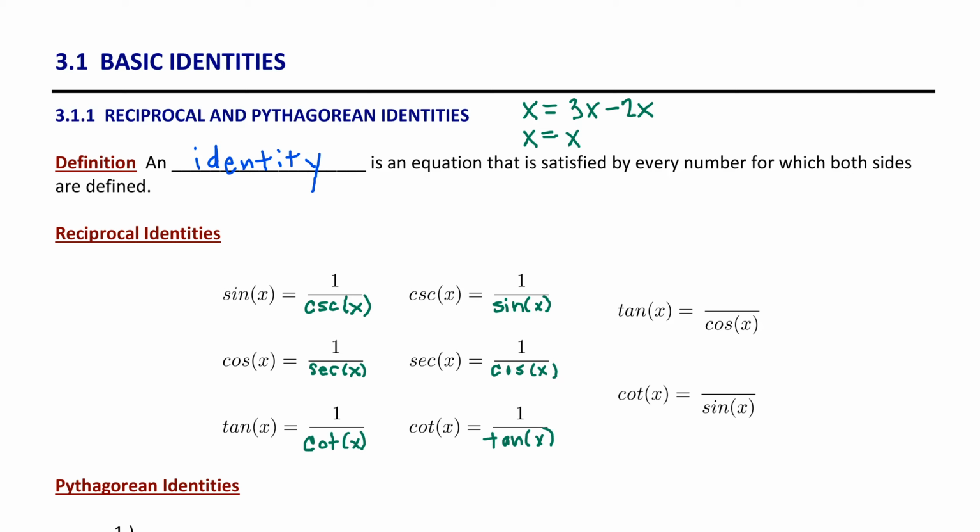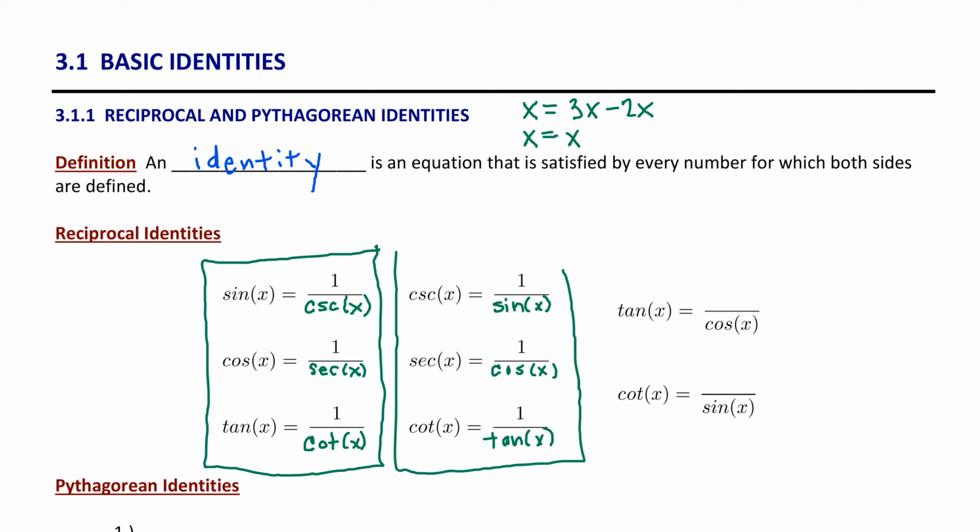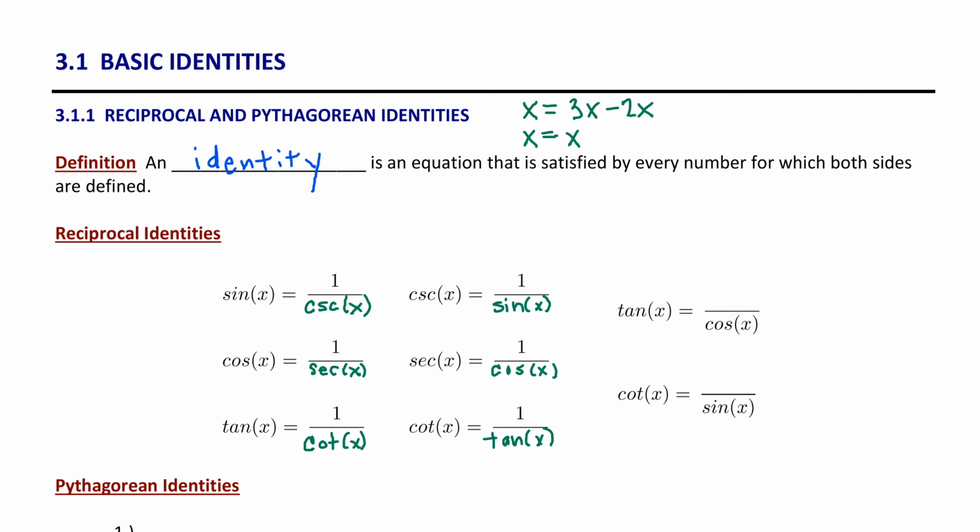Now, the great thing about identities is that if you know these three and you can manipulate those equations, then you can also generate these three identities. So even though it looks like we have a list of 6 formulas here, really knowing the first 3 basic identities will naturally yield the second 3 identities. To this list of 6 reciprocal identities, we're going to add 2 identities which express tangent and cotangent in terms